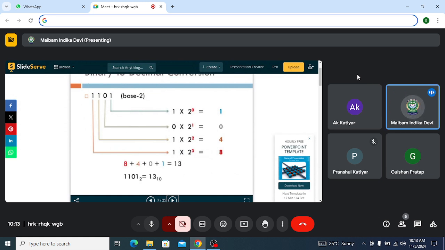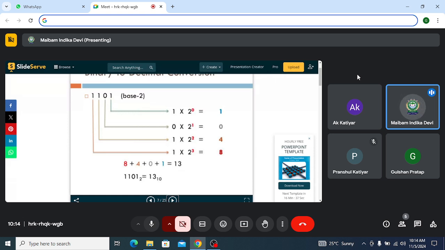Now similar to decimal, suppose you want to specify the position of a binary number. Here it is base 2, so this is a binary number. The position numbering is also the same. You start from the least significant digit, which is the rightmost. So 0, 1, 2, 3, and you proceed similarly. 1 into the base 2 to the power position: 1 into 2 to the power 0. 0 into 2 to the power 1. 1 into 2 to the power 2. 1 into 2 to the power 3. So this is the value you get. You add it up and you get the decimal equivalent of this binary number.